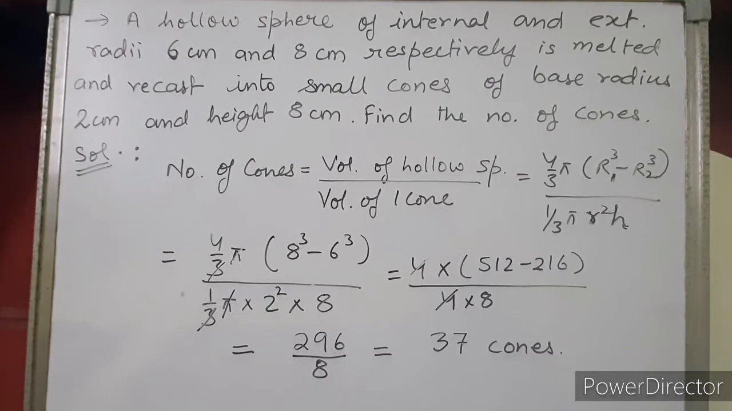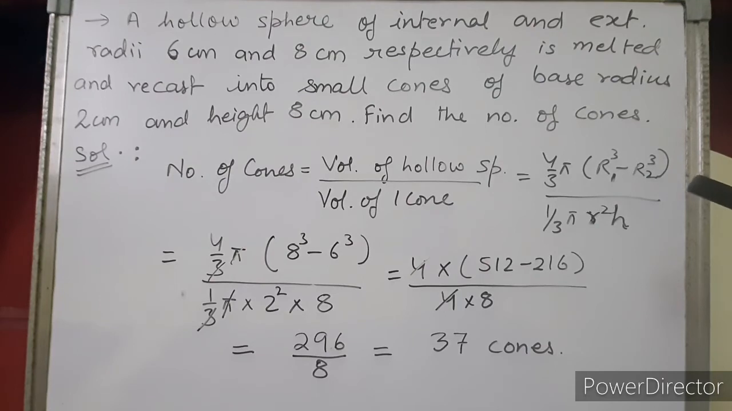Okay, that means there is a hollow sphere which is being melted, and from the material that we obtained after melting the hollow sphere, a number of small cones have been formed or made, and the radius of one small cone is 2 centimeter and the height of the cone is 8 centimeter. So now we have to calculate how many such cones have been obtained or formed. So again we are going to apply the formula: number of cones equals the volume of hollow sphere upon the volume